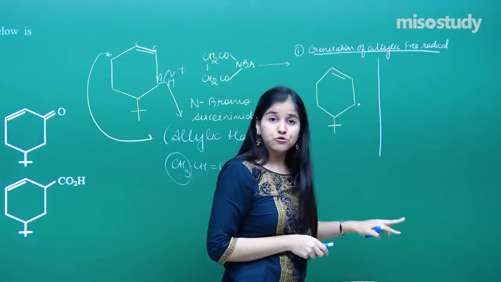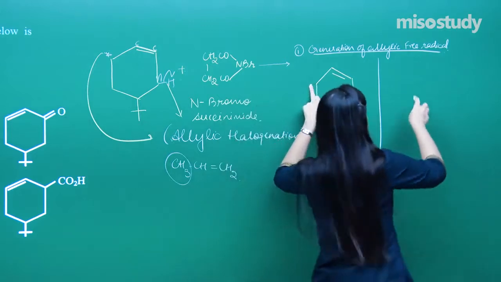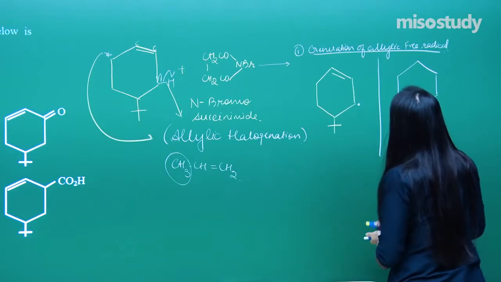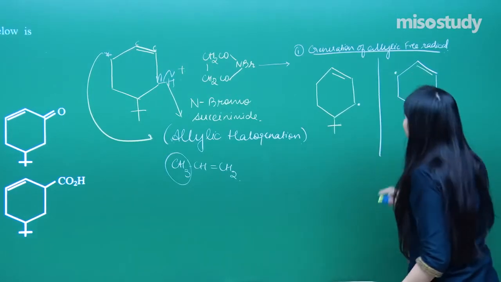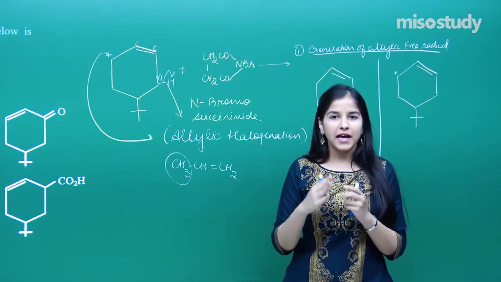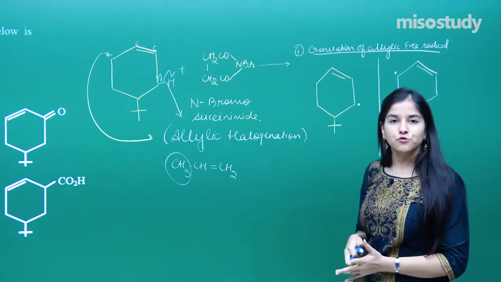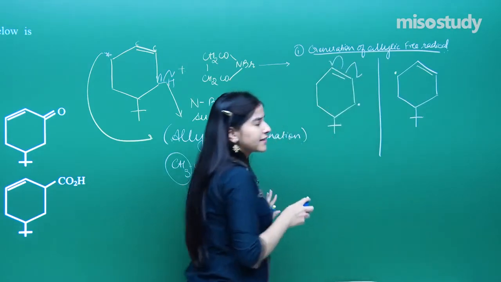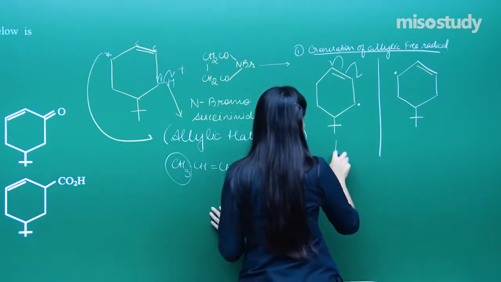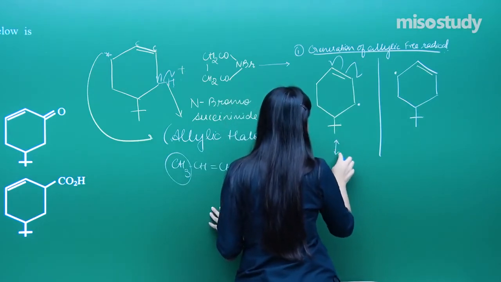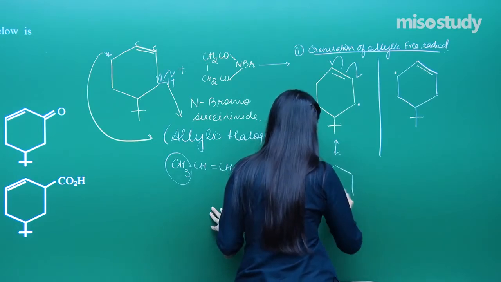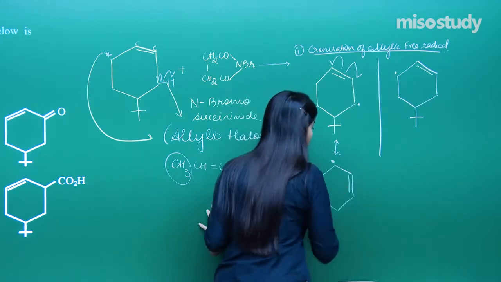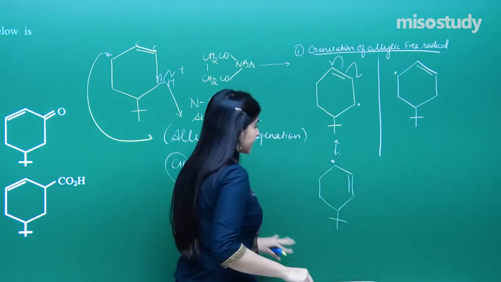What is the second case? I need to generate the free radical over here. So that is the other case. So I hope you all are following up. Here is the free radical generated. Now this free radical will be actually resonance stabilized due to the presence of this double bond. So it would be something like this. That is how it is going to be. There will be a resonance stabilization. Now the radical comes up here and the double bond gets attached over here. And there will be the remaining group.